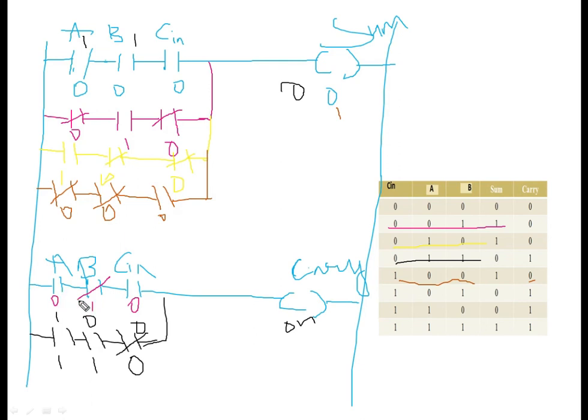Okay, here carry is 0, so you can implement in the circuit also, it is possible. 0 0 0 1, then you are not getting carry on. Okay, so you can implement here also. Here 1 1, sum is 0, carry is 1, so you can implement here sum is 0 and carry is 1. Sum is 0, carry is 1 means you can make it 0 0 and 1, then your load is off only, sum is off only. Okay, you can implement this circuit.